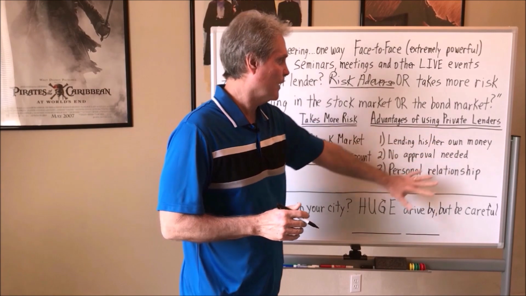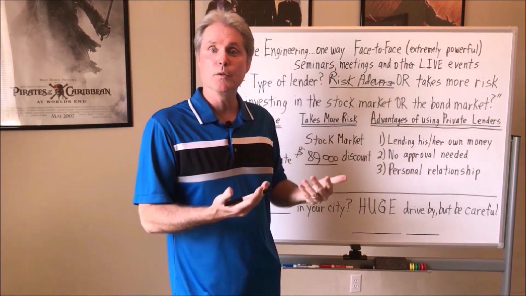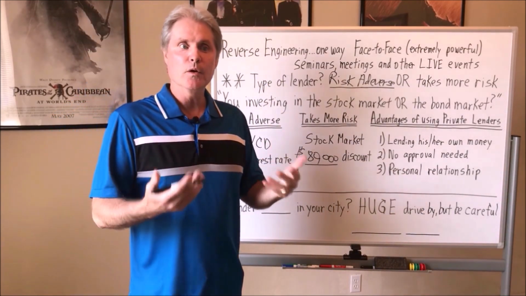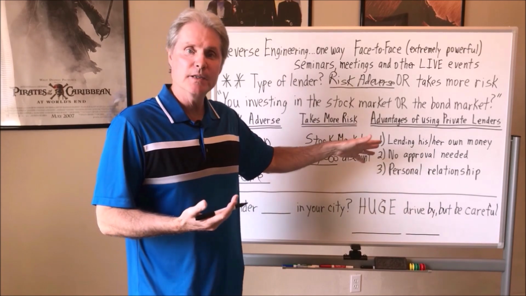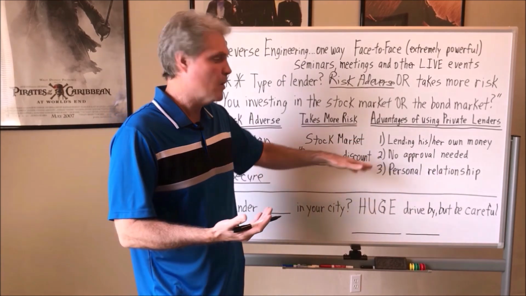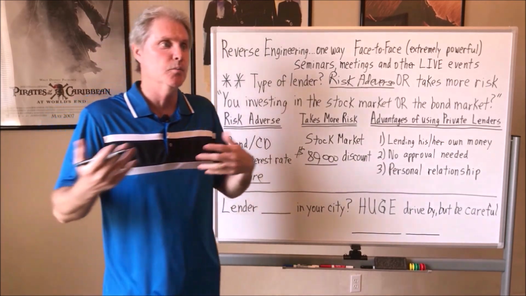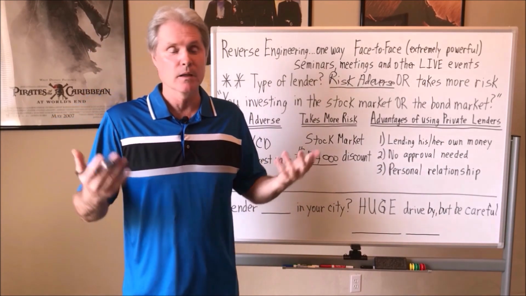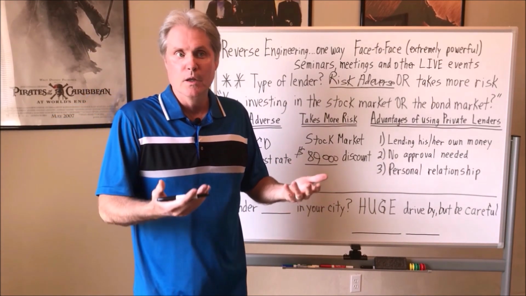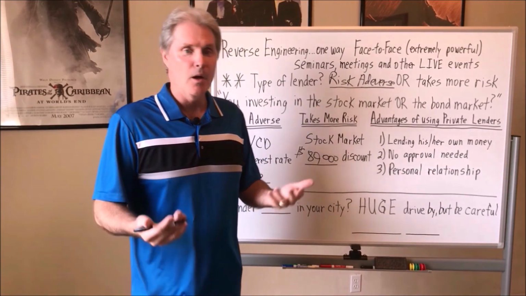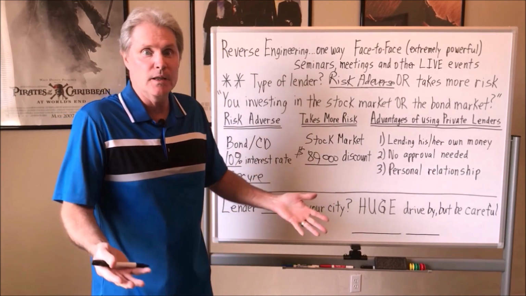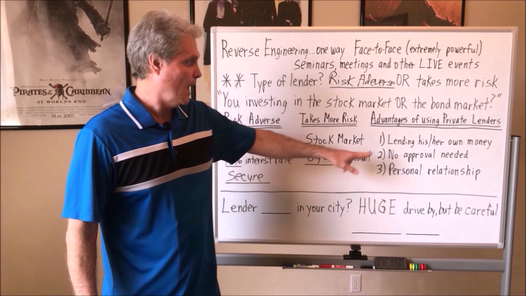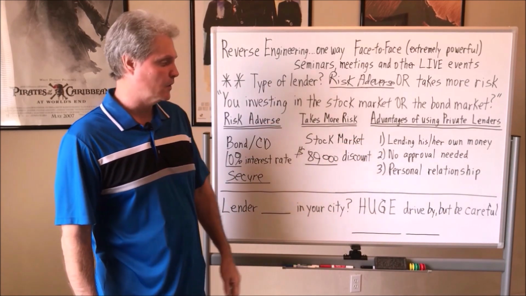The other thing that's very, very important is the advantages of using private lenders. So this is one thing that you really need to think about. When you're borrowing from a private lender, they're basically lending their own money. There's no approval. They don't have to go to an underwriter, a board of directors, or get some committee's approval. If they give you the green light, then you got the money, and it's quick. It's usually one, two days, three days at the max. All they do is wire the money over to the title company and you got the cash. So it's a very quick, smooth transaction once they give you the green light, and it's just one person making that decision.